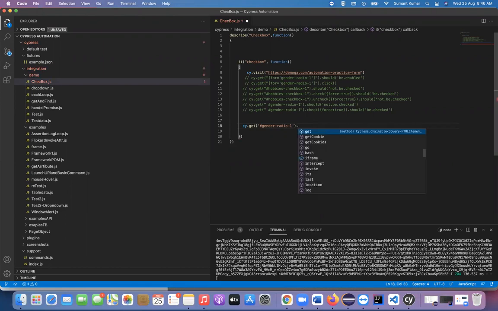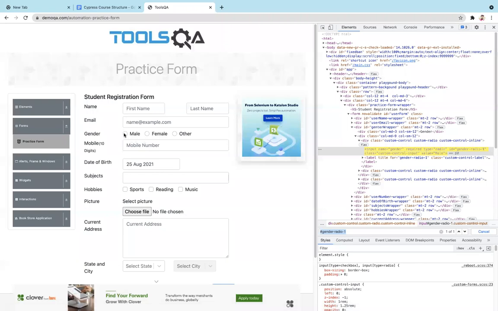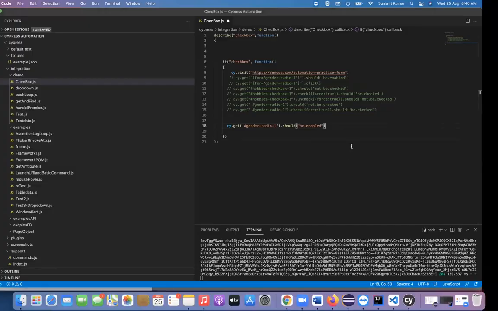For that, I have already discussed this should keyword. So locator.should, and inside we can write be.enabled. Be.enabled means it is not disabled and we are able to select this, so we just need to check that.